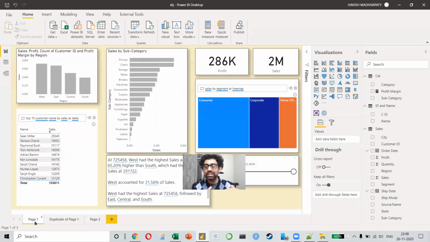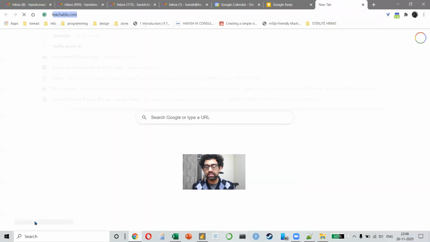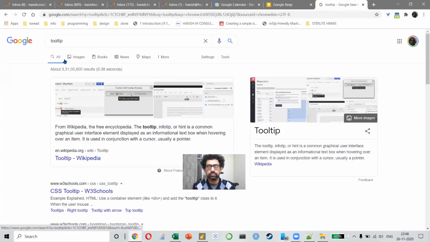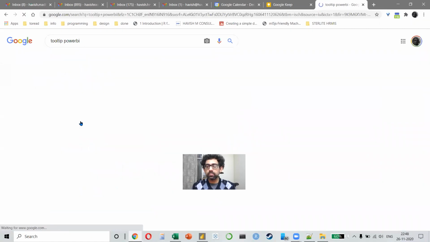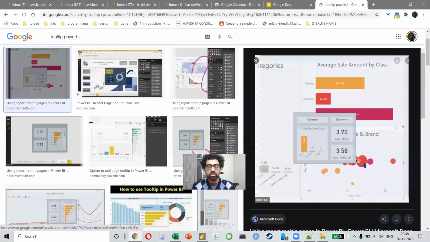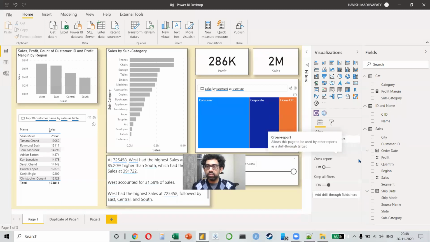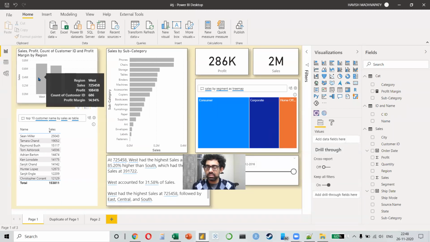Yeah, let me show you how you can create a chart on top of another chart. This is what we call a tooltip. Do you see this? It's a chart on top of another chart. Very cool, right? Now this gives you an additional layer of information. For example, right now we have this, but I want to show a map of the West region. I don't just want to show the numbers. So we already have a map here.